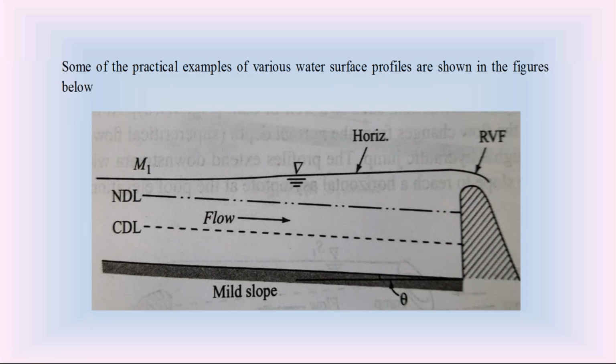Already we discussed, we have different types of water surface profiles in the open channels. Some water surface profiles are backwater curves. They are rising on the downstream side. If there is a weir in the open channel, large open channels have weirs to store the water in the channel. Similarly, we construct dams to store the river water.